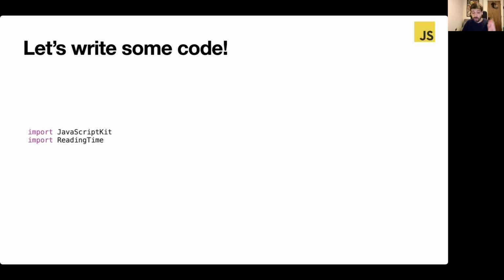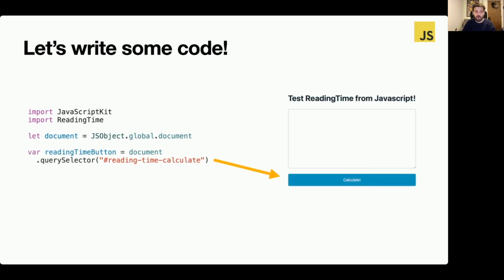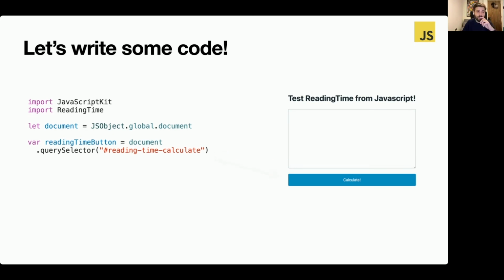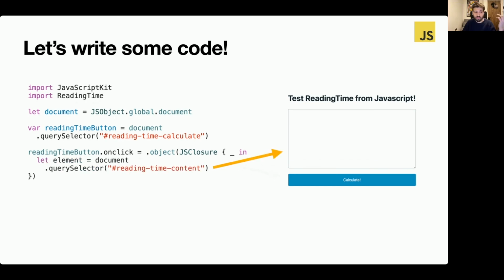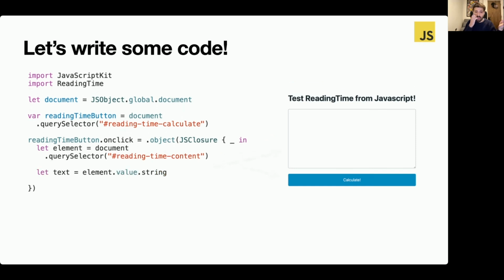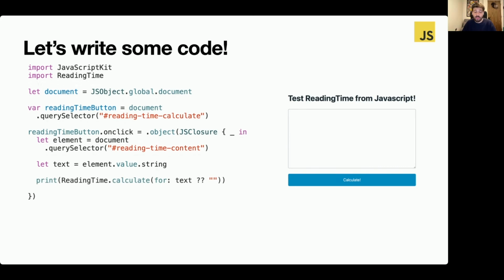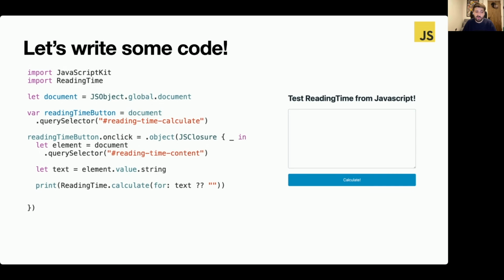So, writing some code. A word of warning now, this is going to look a lot like JavaScript, but you'll have to trust me. Well, you can see the code on the repo. This is Swift. As you would do with JavaScript, you can get the document. From this document, you can do a query selector to get the reading time button, and you can pass it an onClick. In this onClick, you can do another query selector with the document to get the text area. You can then get the text from that HTML element, call ReadingTime.calculate on it, and just print its values. And because we're not going to do anything else, we don't want any other side effects, we just return null.